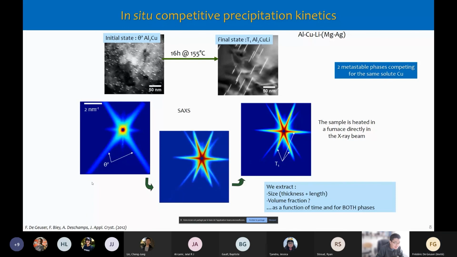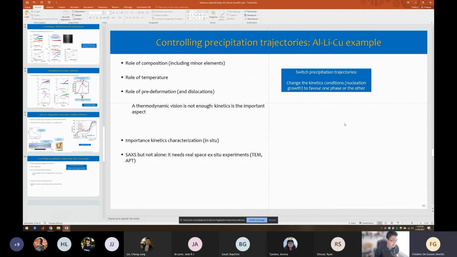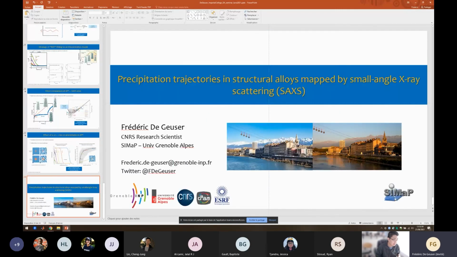If not, may I ask the last one? So you mentioned the mismatch between APT and your SAXS size. Yes. So why is that? So, for the very last point. Yes. Well, it's pretty simple, really. Well, simple in a way, but there is